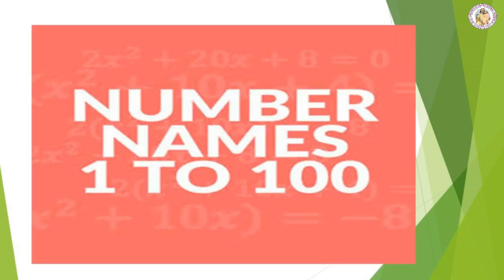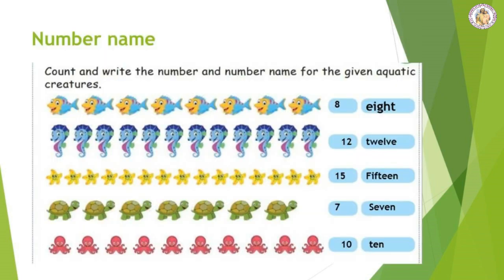Now we are going to see another topic, that is number names. We already learned the number names from 1 to 20, right? Now you have to count and write the number and the number name for the given aquatic creatures. So see here, first one is a fish. How many fishes here? 8 fish. The number name is 8,